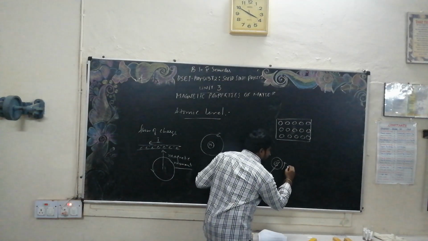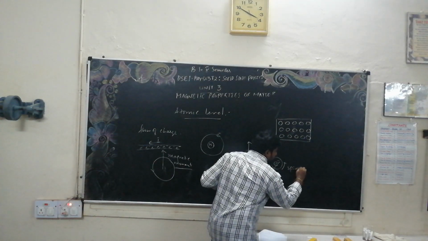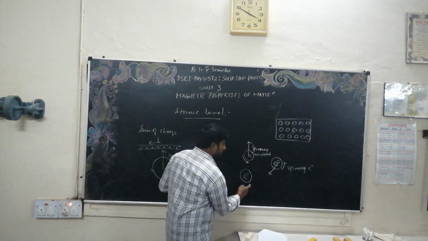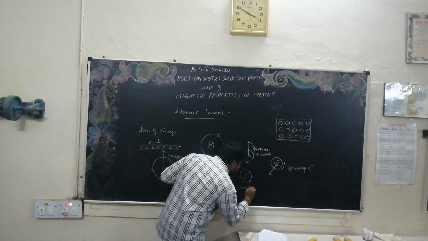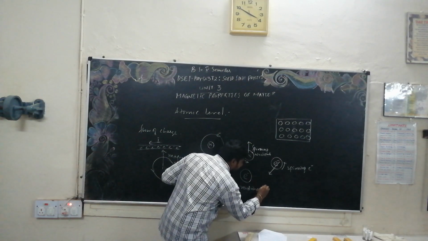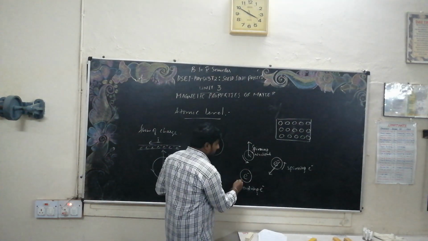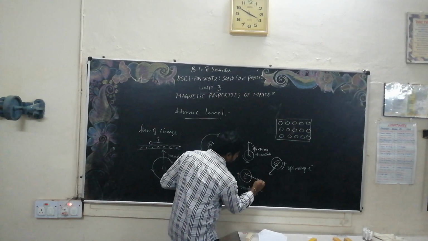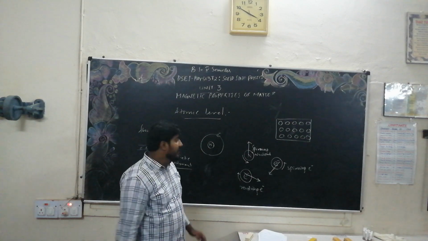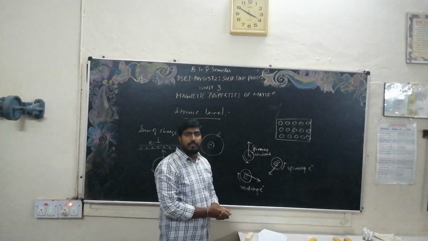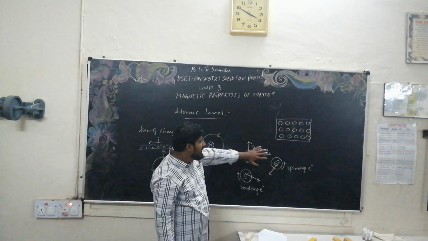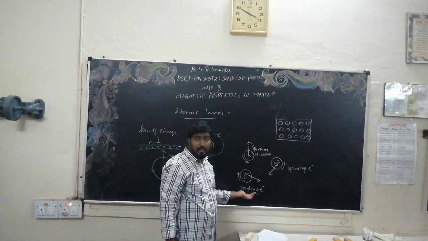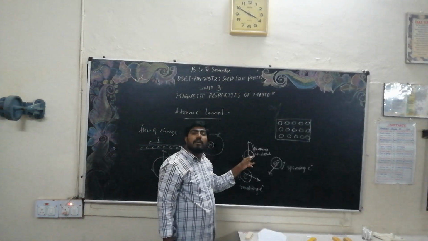This is the spinning of the electron on its own axis. This is the revolving electron. In this revolving electron, the dipole moment is in this direction. That means this is our atom, this is our nucleus, this is the spinning of the electron, this is the revolving of the electron. So each